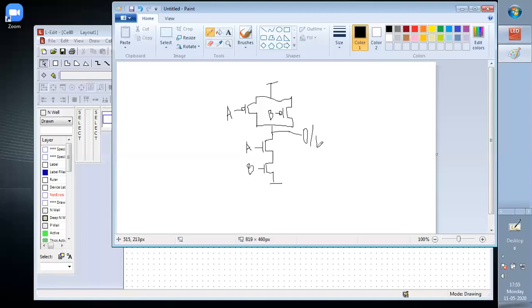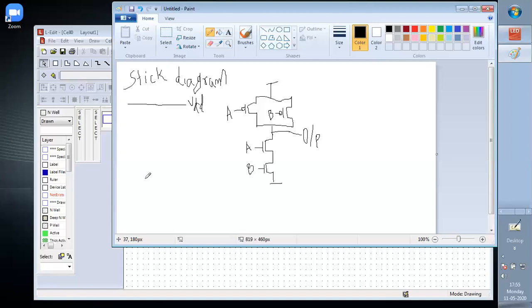Now if we see the stick diagram of this, how do we draw a stick diagram? In a stick diagram, there will be one VDD line. This is the metal line and it is of blue color. In the stick diagram, there are always four lines we have to create.